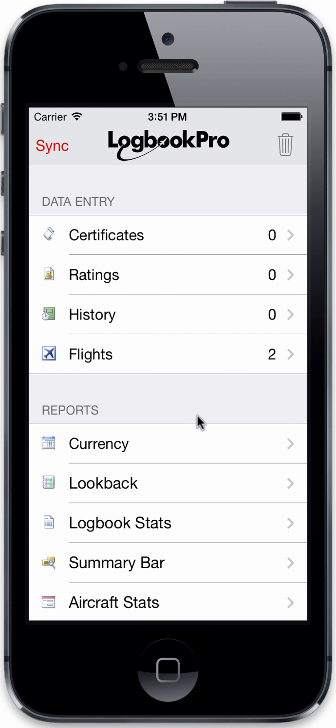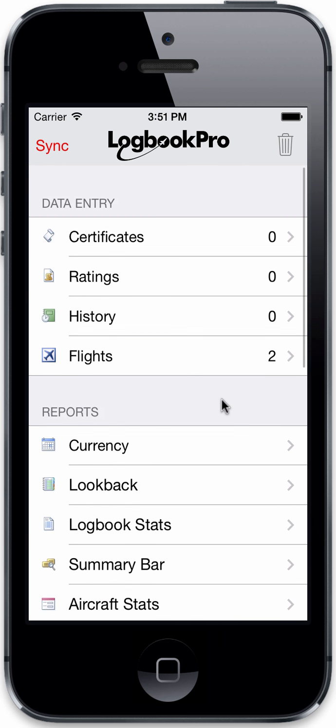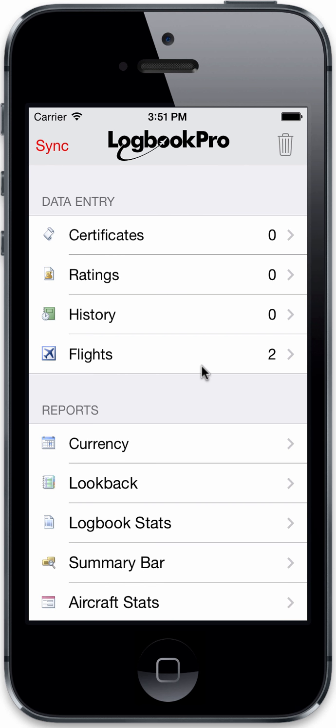Logbook Pro Mobile has 5 report areas that are available to you to reflect pretty much all the information you need from Logbook Pro Desktop. Logbook Pro Mobile has 4 data areas to allow you to quickly enter new information, sync it back to your PC, your master and main logbook, and then that main or master logbook will synchronize fresh reports up to the